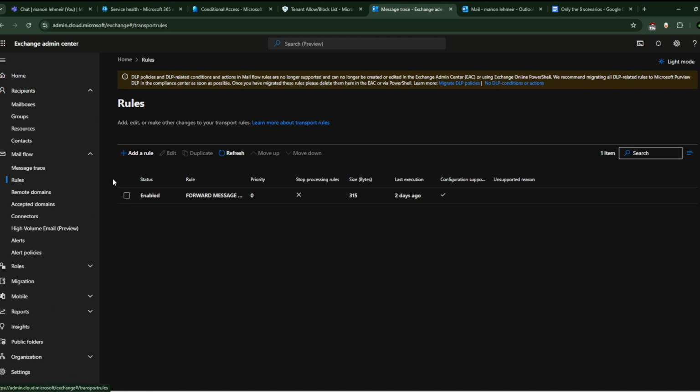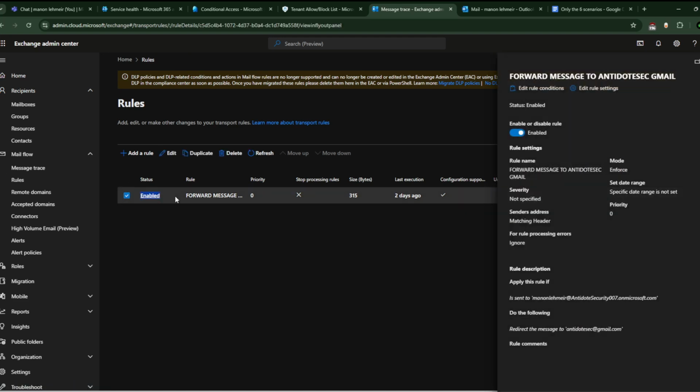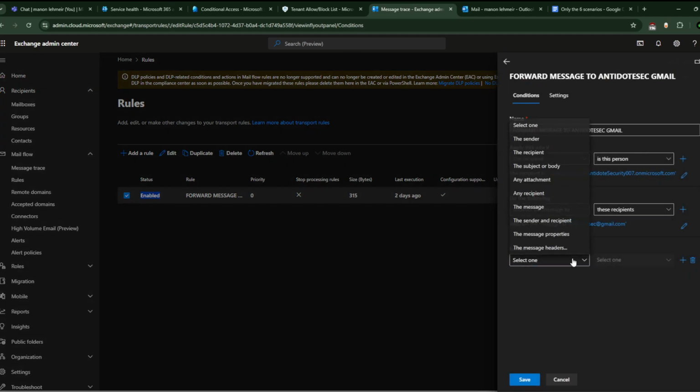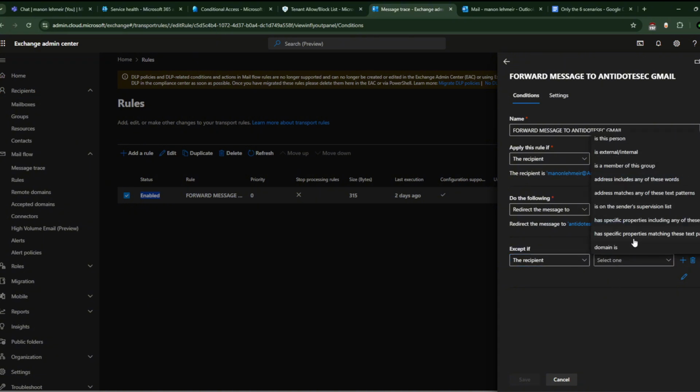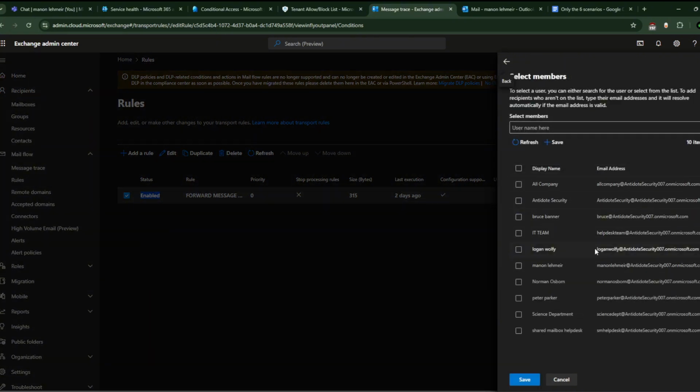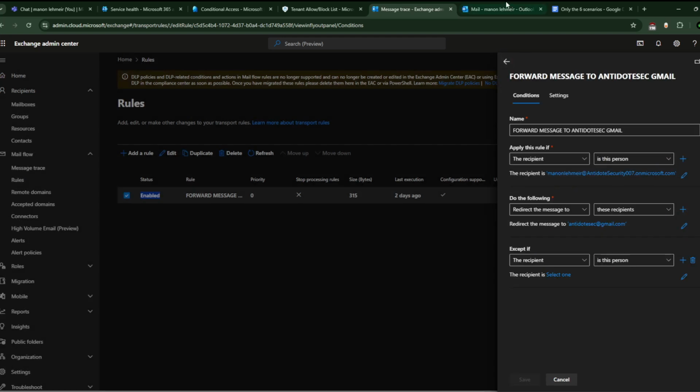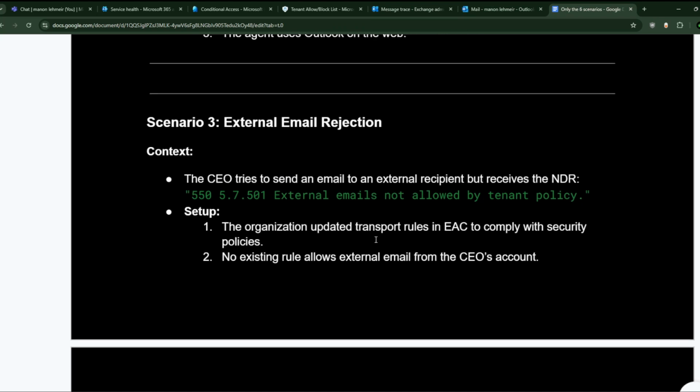implemented, and what rules have been simply added on the chronology. Okay, so for example, if you see there is this rule, you can simply click, okay, and go here on edit rules condition and do except if. So you can say except if the recipient is this person, and then you will allow it. You will simply allow this